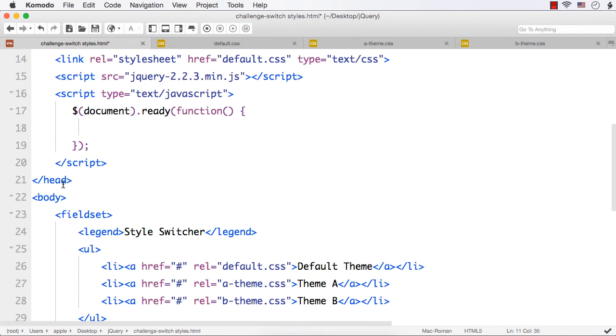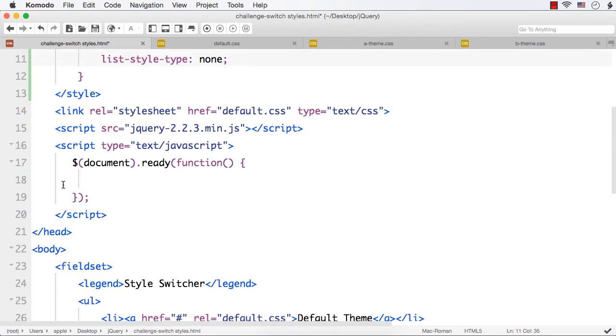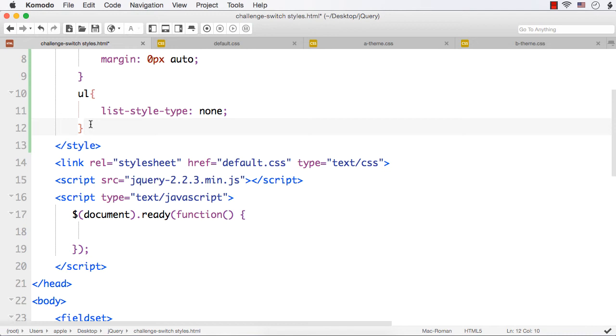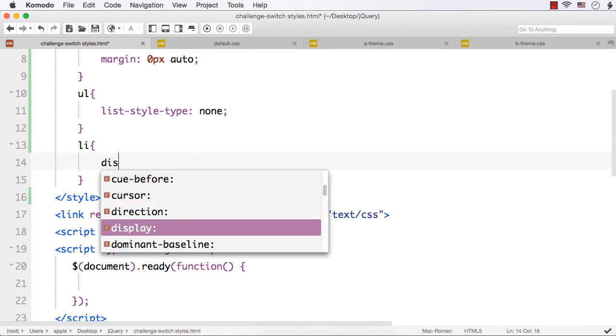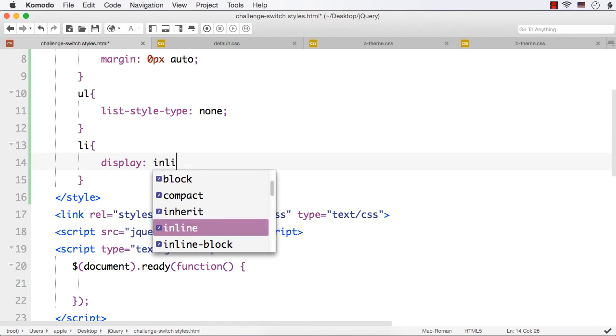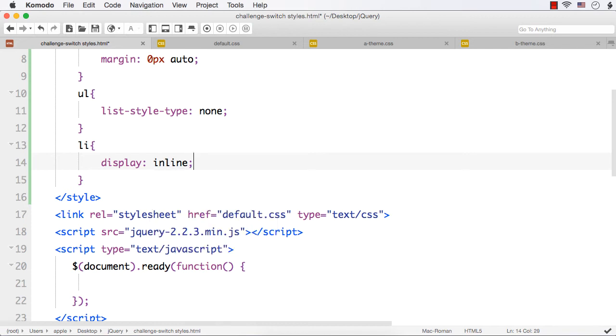I want the list items to appear horizontally. So how can I do that? I can set the display property to be inline. So li display inline, because li elements have block display by default. So as I want them to display in the same line, I set the display property to inline.